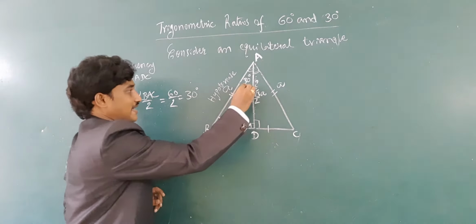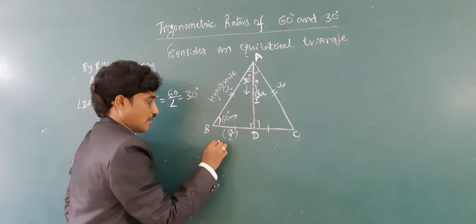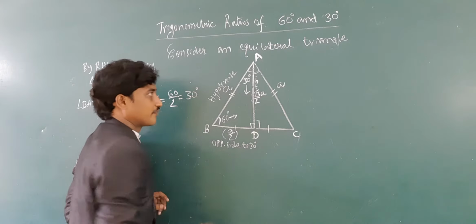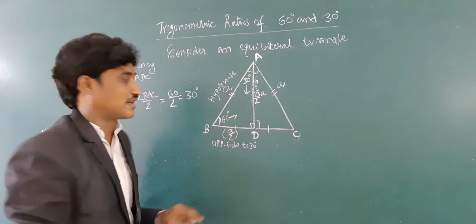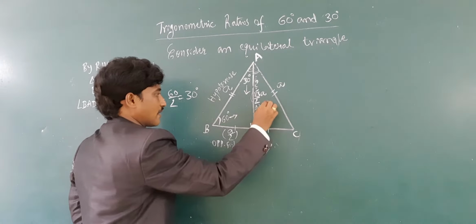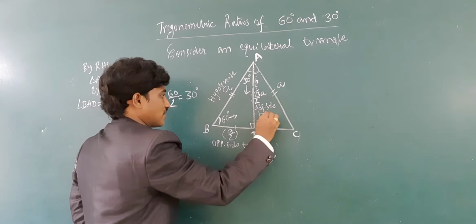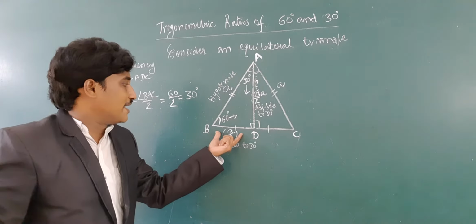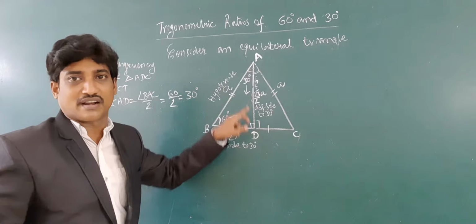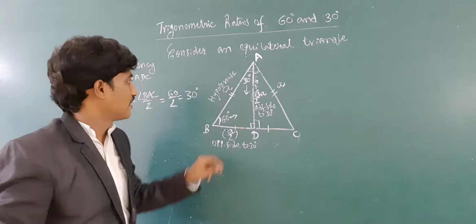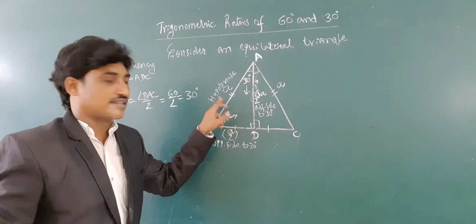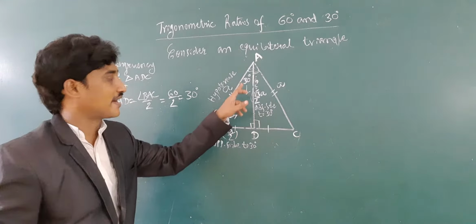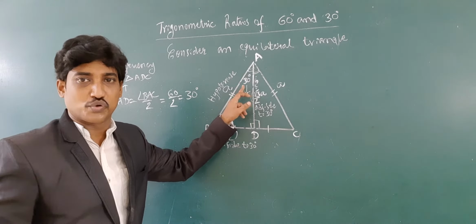With respect to 30 degree, BD is the opposite side. AD is the adjacent side to 30 degree. And the side opposite the right angle is the hypotenuse. BD is A by 2. Height of equilateral triangle is root 3 by 2a units. The side AB is A units. So all these three sides we know, so that we can find the trigonometric ratios with respect to this angle